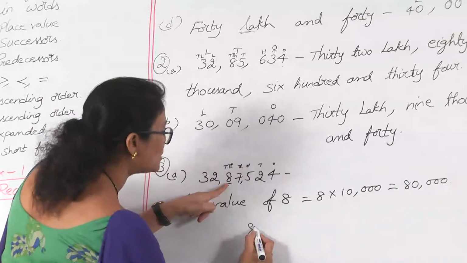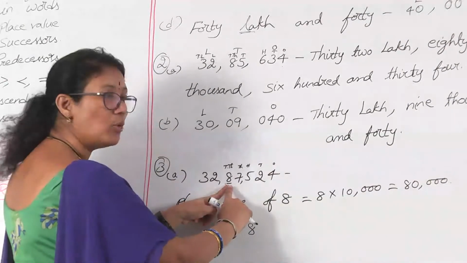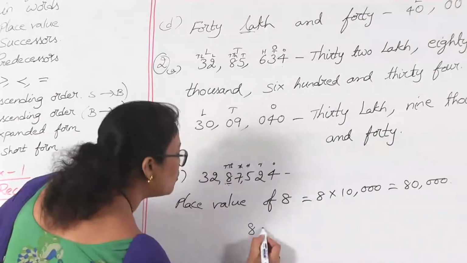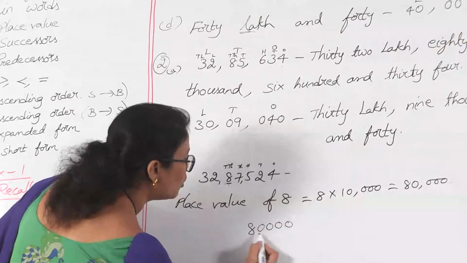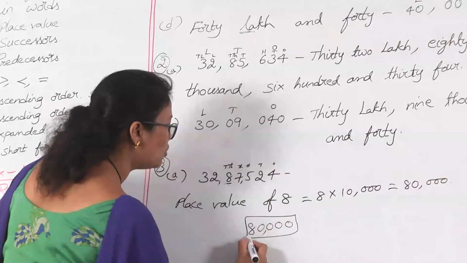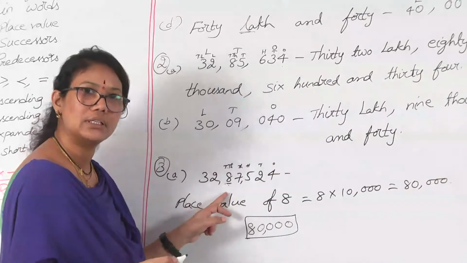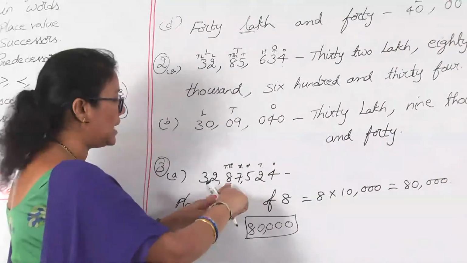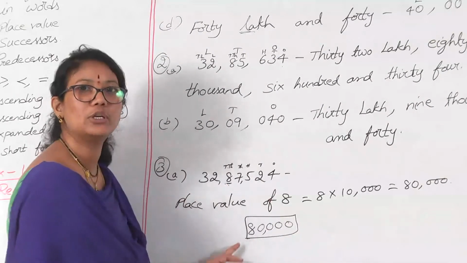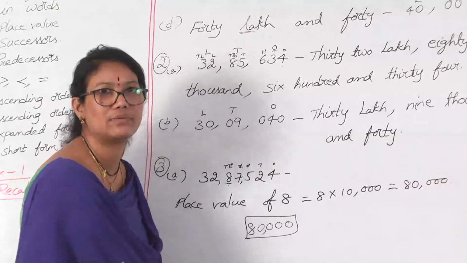or directly you can write the place value of 8 as 8. Check out how many number of digits are there after 8. Count how many number of digits are there after 8. 1, 2, 3, 4. So, put 4 zeros, that is 8 followed with 4 zeros. So, we get 80,000. This is one more way of writing the place value directly. Just count the number of digits after the digit underlined. After 8, 4 digits are there. So, put 4 zeros after 8. So, it becomes 80,000. So, directly or otherwise multiplying with its place value.